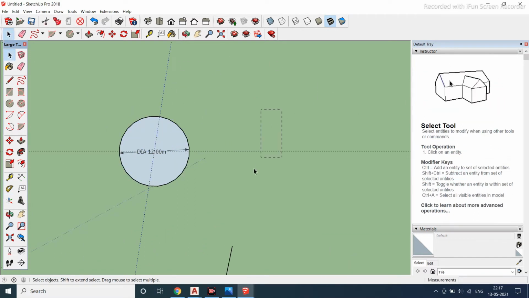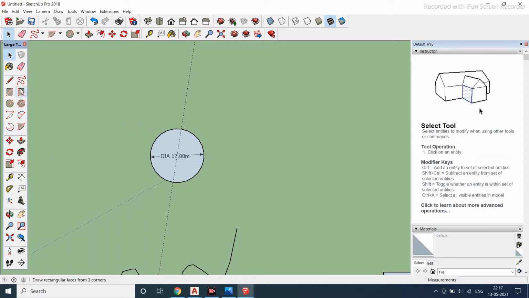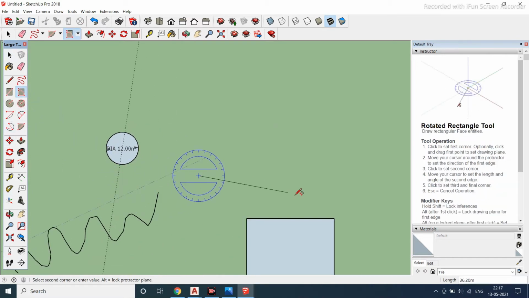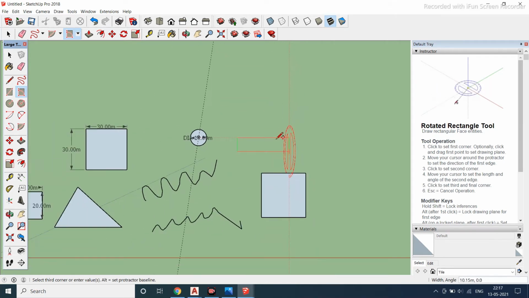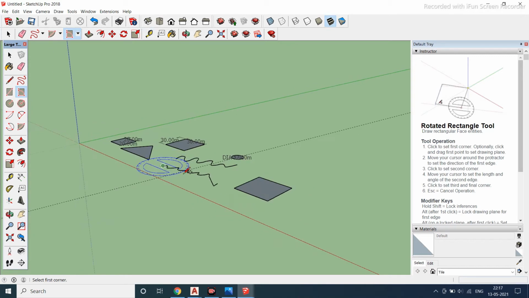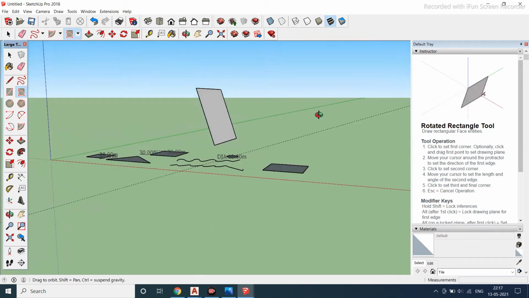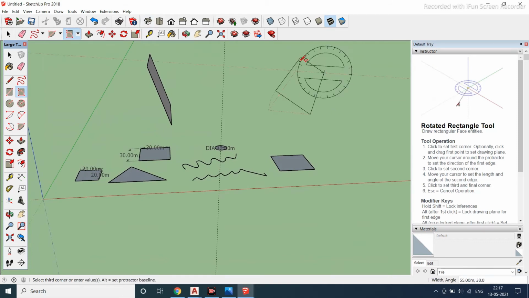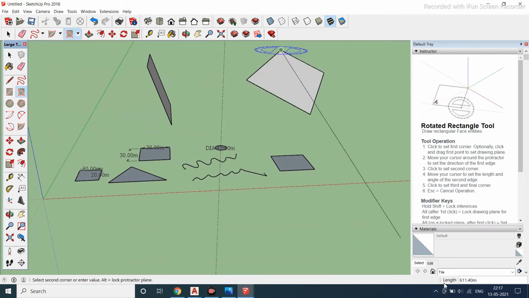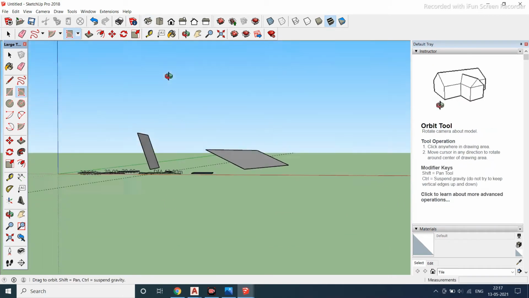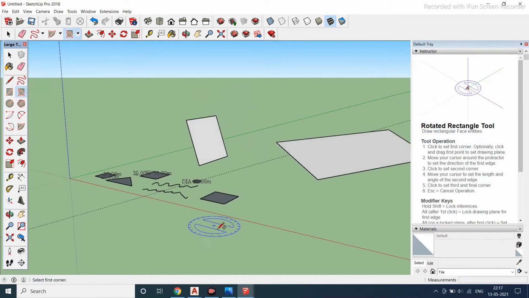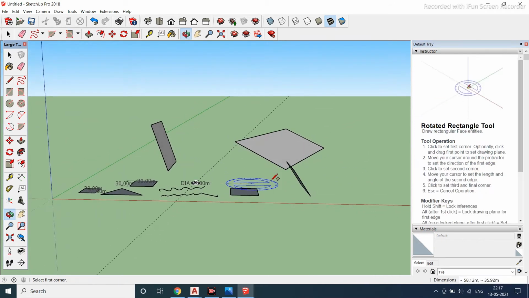Next tool we will be learning is the rotate rectangle. Rotate rectangle, just start, end and rotate with the angle, but you are not able to see how it has been rotated. For that we go to the ISO view, start, end, and you can check over here it has been rotated with the angle. The angle measurement will be shown over here. Okay, how much length you have taken. In this manner I'll be using the rotate rectangle.